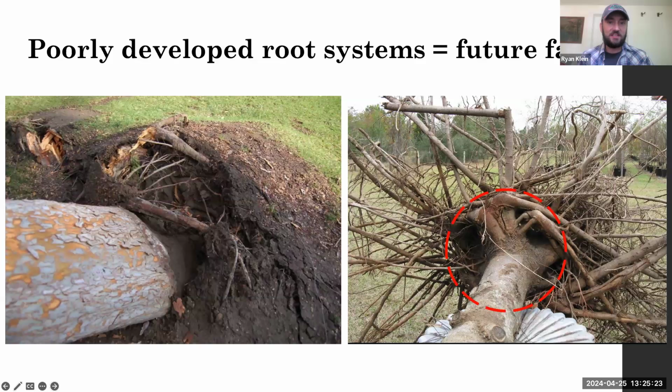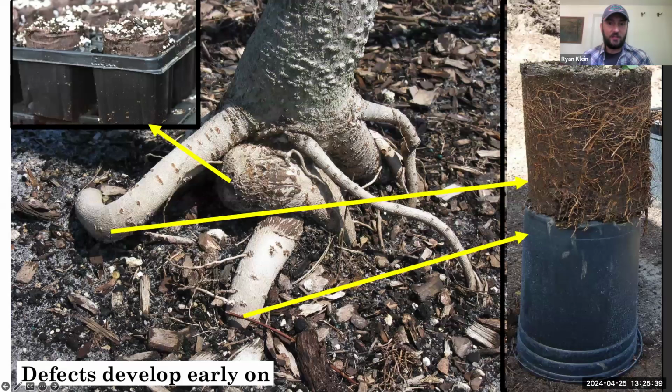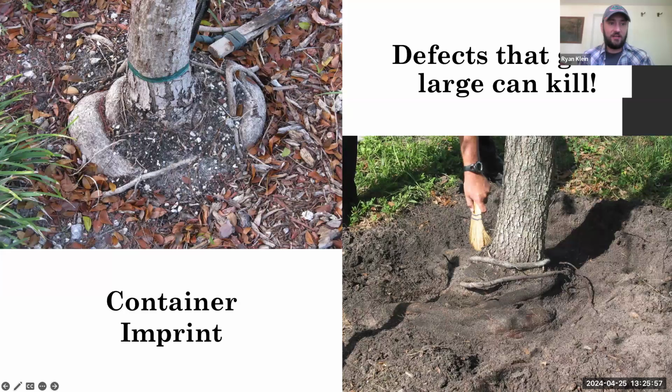So we commonly see trees with these root defects fail. When you have your circling, girdled, bent, kinked roots, these are roots that are not getting out into the surrounding landscape to stabilize the tree. And then we have some sort of wind event and you'll see these trees go down. So we want to make sure we're addressing these at every container shift. Like I said, you might have an imprint from circling roots at a 1-gallon container. If you don't correct that defect, it's just going to keep persisting and getting bigger as the tree gets bigger with every shift. All right, so here's an imprint on the left just to show you an example of that.